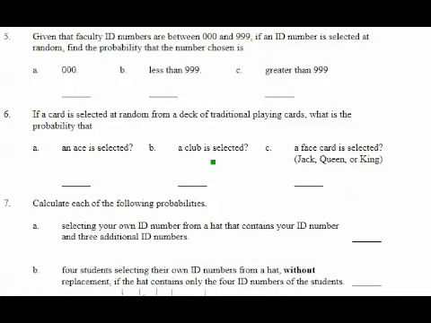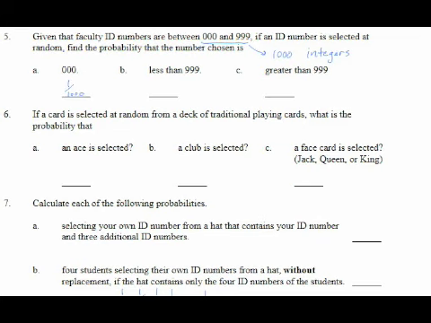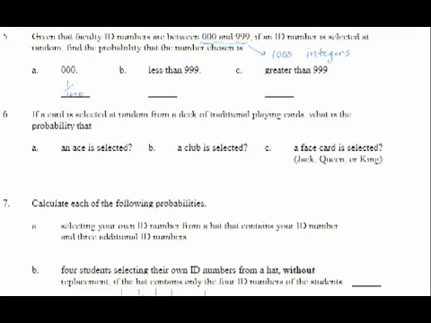On the third page, we have probability problems. The definition of probability is the number of ways you can obtain success divided by the total possible things that could happen. In this case, there are 1,000 integers, so that'll be our denominator. And to find the probability of 0, 0, 0, you simply have 1 divided by 1,000,